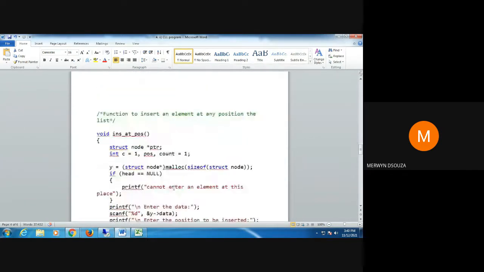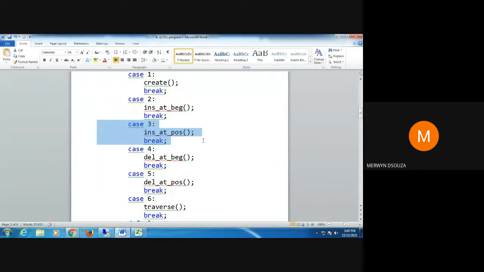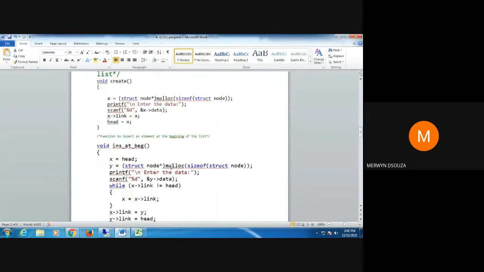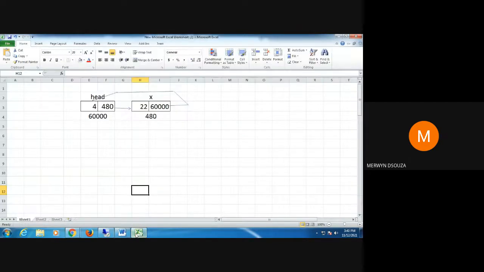Okay, next, say I put the choice 3, and I'm inserting at some position. So I call this function insert at position. I initialize this and I declare these various variables. I allocate memory for a new node, and that is pointed by y with some address.